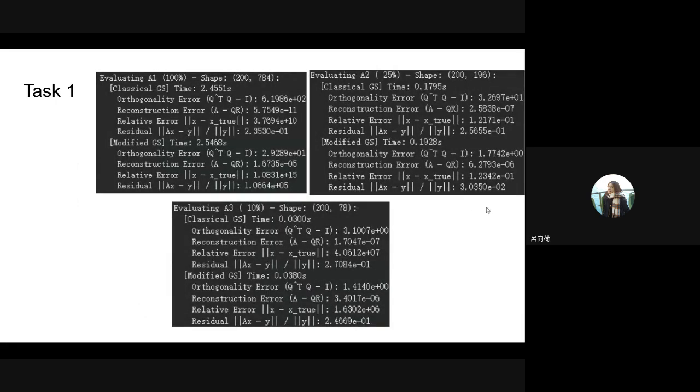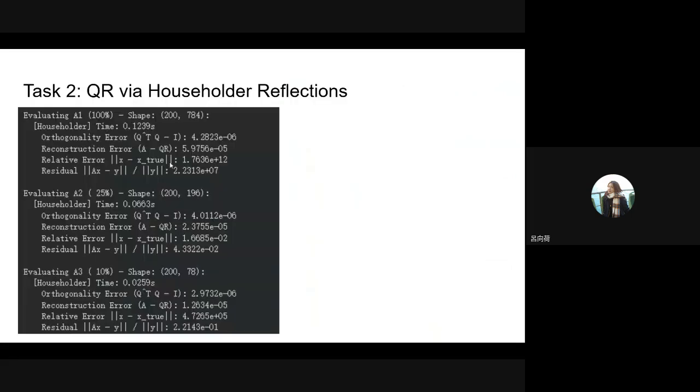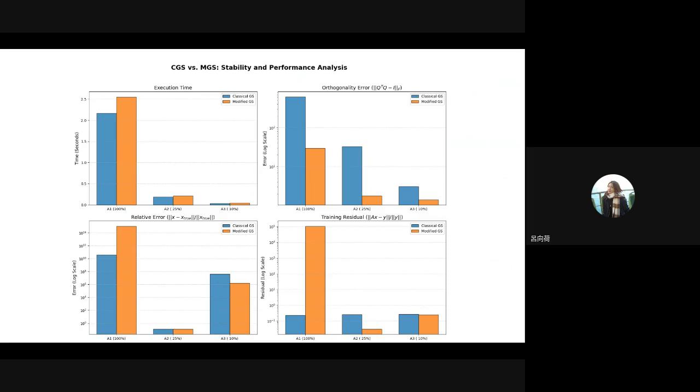Okay, so here is the test one, and we have another page. When it comes to the execution time, the MGS is a little bit larger than the CGS, and when it comes to the orthogonality error, the CGS is larger than the MGS because the MGS continues to update its projection, and